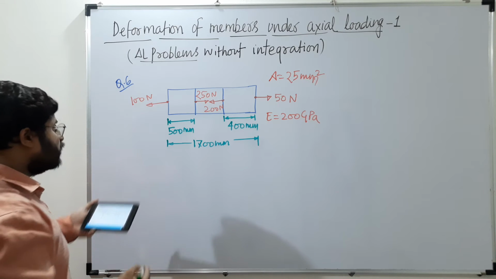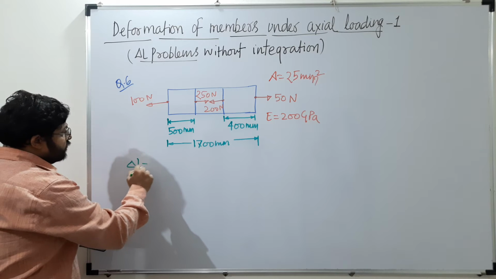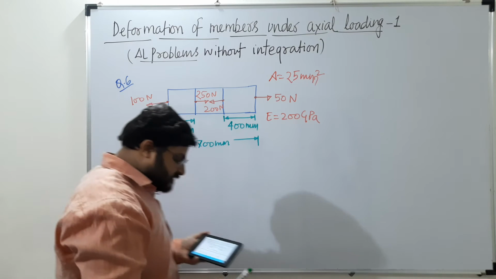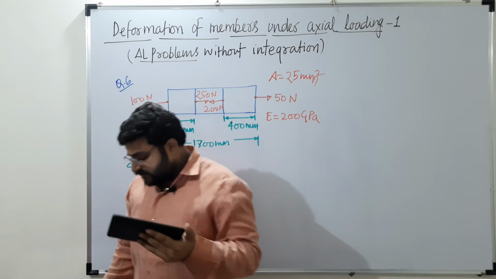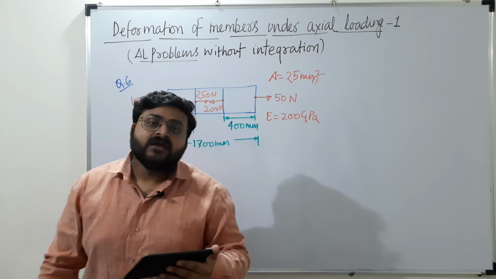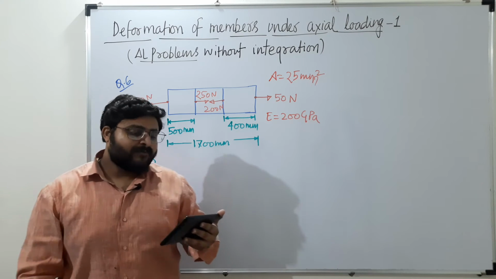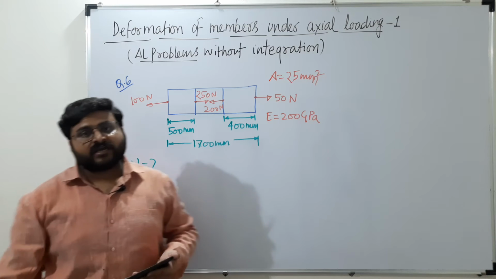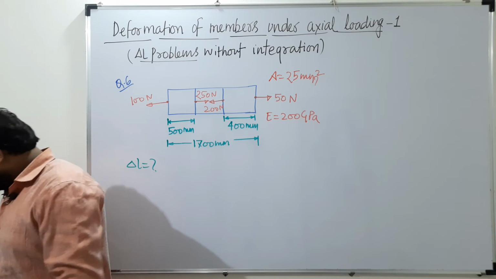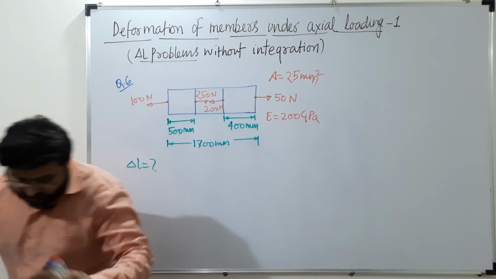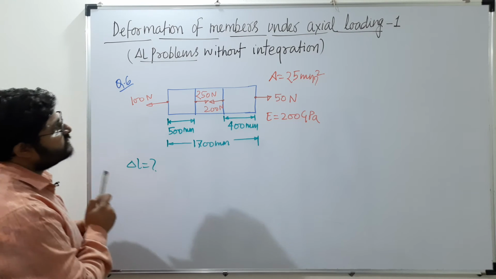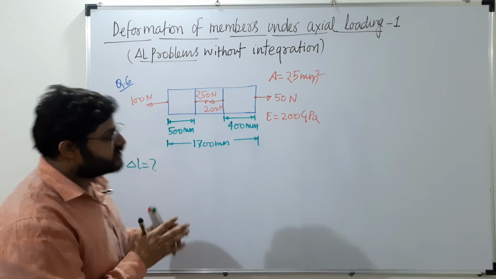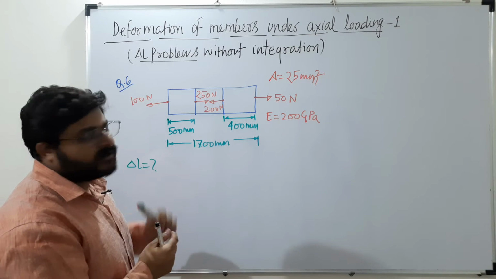What do you need to find out? Total change in length is to be determined. So this is a classic example. This question is very important and it has been asked in various examinations, GATE and engineering services, multiple times. The same question may have been asked 4 times. So this is a particularly easy question. Now we will just write down the expression for us to calculate this.